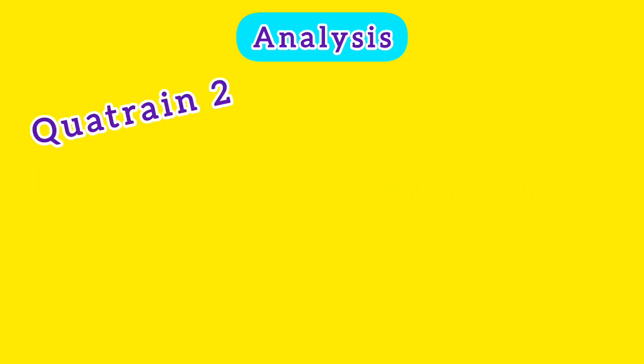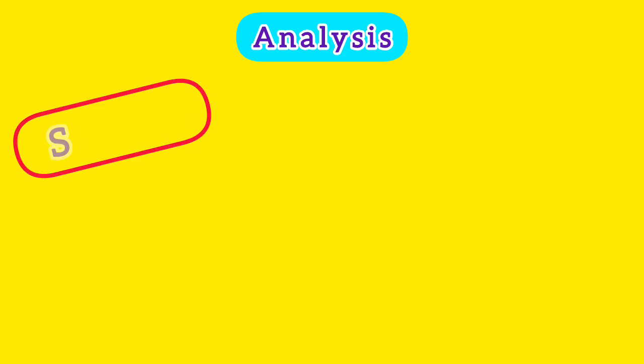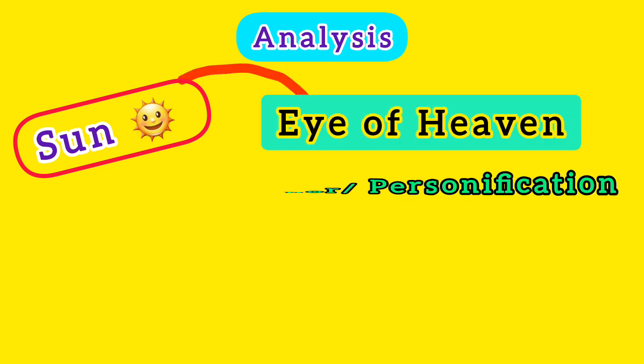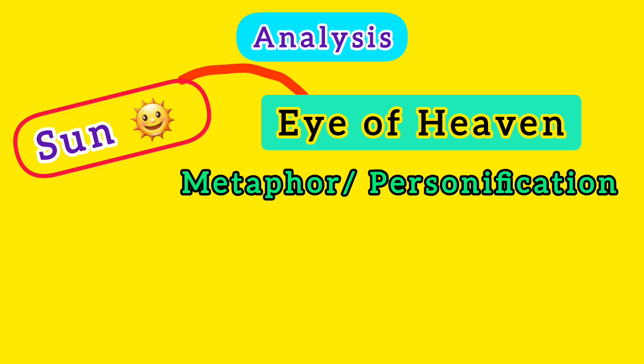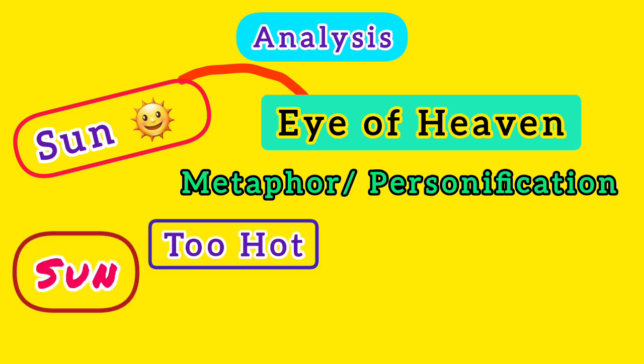Now quatrain 2. At the top of the second quatrain, the poet speaker refers to the sun using the phrase the eye of heaven. And it's a metaphor as well as a personification as far as the rhetorical figures are concerned. And the poet speaker also asserts that sometimes the sun shines too hot. In the next line, he paradoxically proclaims that some days the sun brings scorching heat, as well as sometimes the